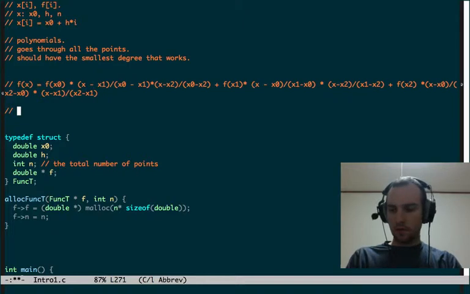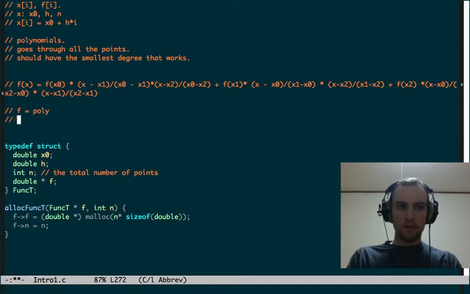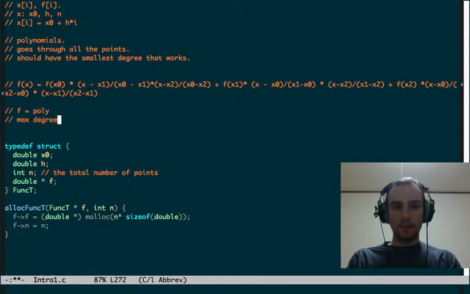So just to be more specific about what I'm saying is, so if f was a polynomial, right? So what would be the max degree such that f can be just evaluated at endpoints, okay,